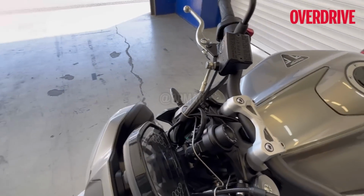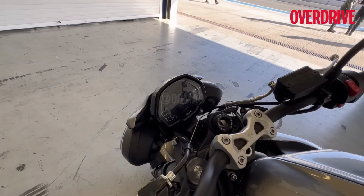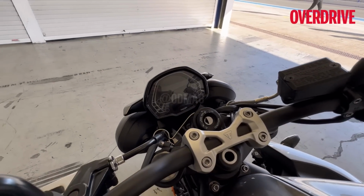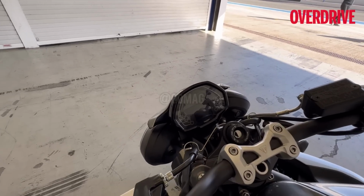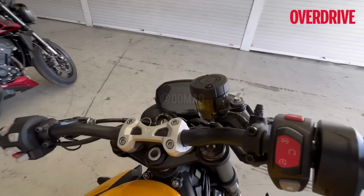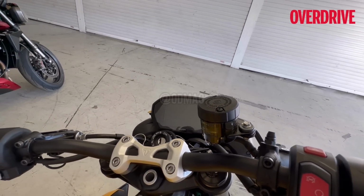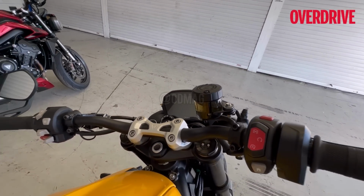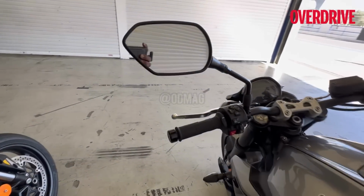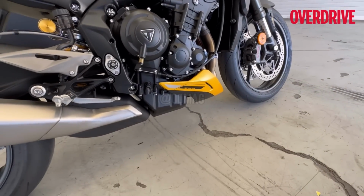And the console, however, the analog console now makes way for a digital unit, very similar in layout and design to what we've seen on the Trident, the Tiger, Sport 660, etc. Whereas on the RS, you again get a larger TFT dash, again very similar to the outgoing RS. Right, so those are the main differences, and then you also get the belly pan on the RS, and